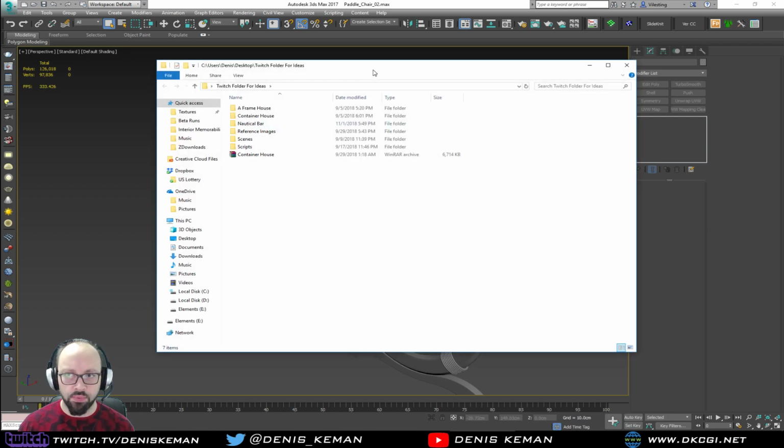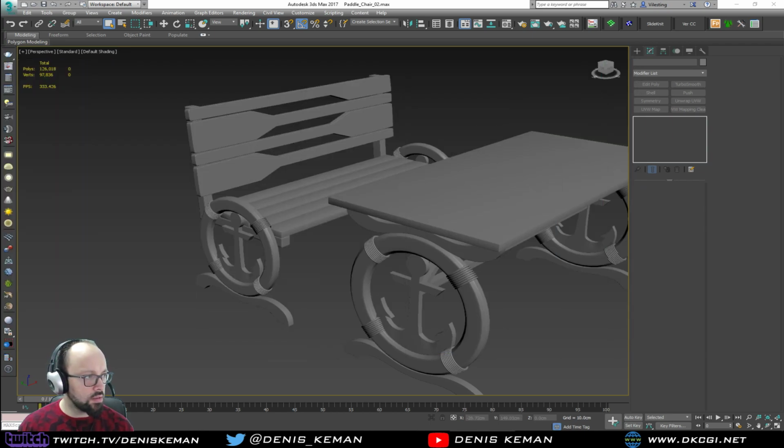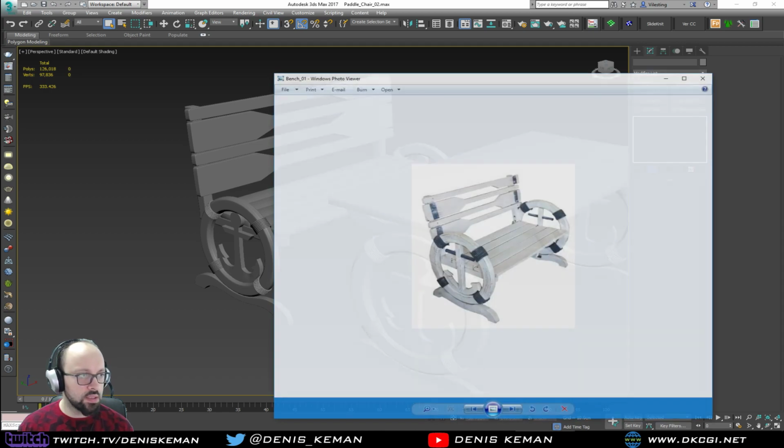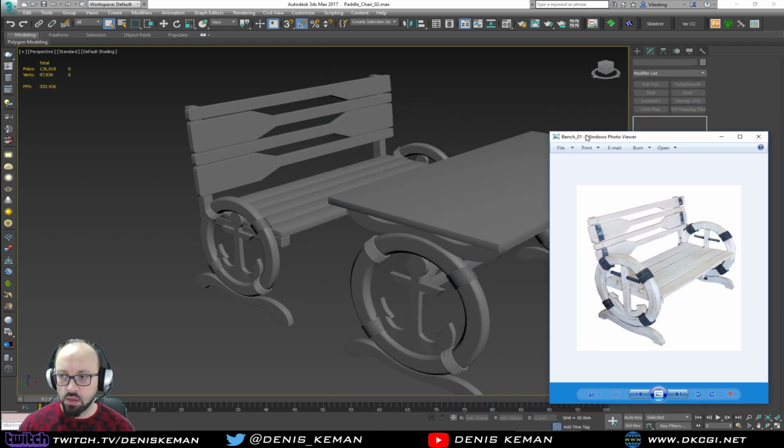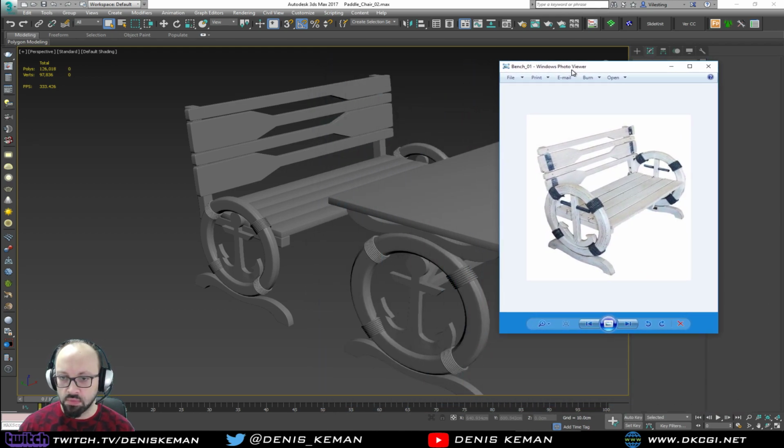Let me open up the reference images. And this is basically what we were going for. And I think that more or less we kind of got there. So this thing is in alignment with what we want to achieve. So we just need to export out a low poly and a high poly version and then bake down all the details. Now the only thing that I can see that I'm kind of missing at the moment is,